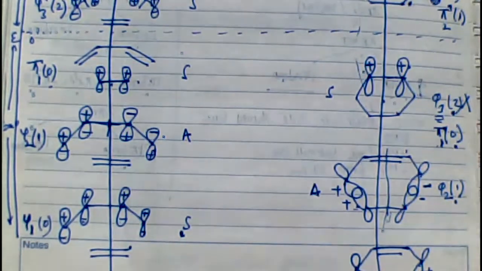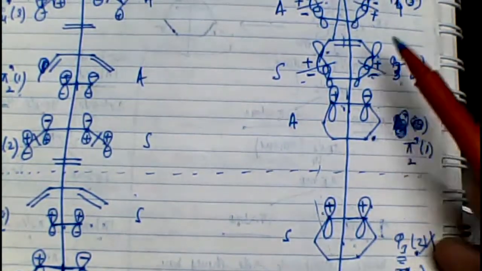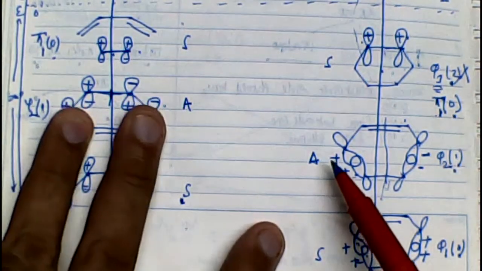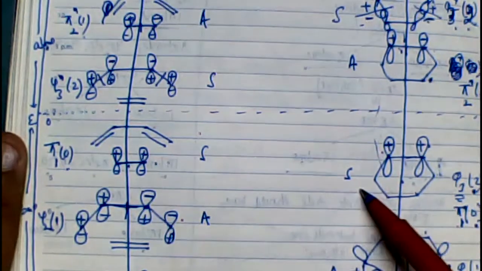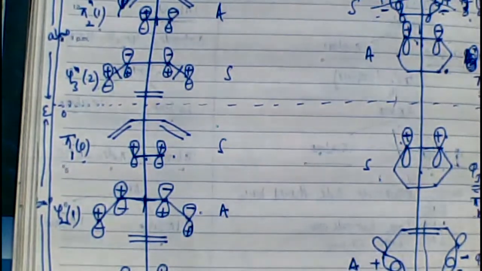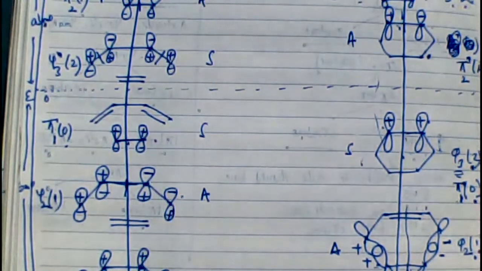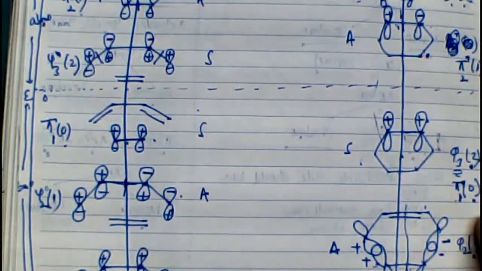Consider the 4 product molecular orbitals corresponding to the 2 sigma bonds: psi1, psi2, psi3 star and psi4 star. If the first molecular orbital is symmetric, the next one has to be antisymmetric, the next one symmetric, and the last antisymmetric. See, alternating symmetries. Again, if you consider the 2 pi molecular orbitals, if one is symmetric, the other has to be antisymmetric. So even if you don't check the symmetry operations, similar kinds of molecular orbitals will always correspond to alternating symmetry properties.